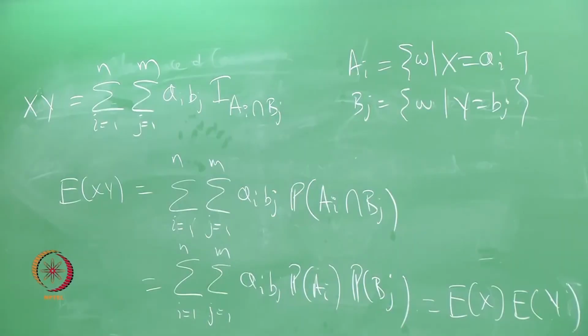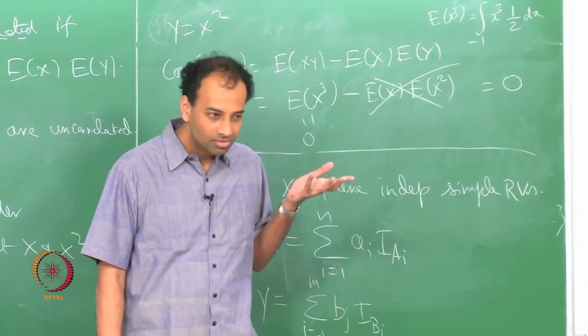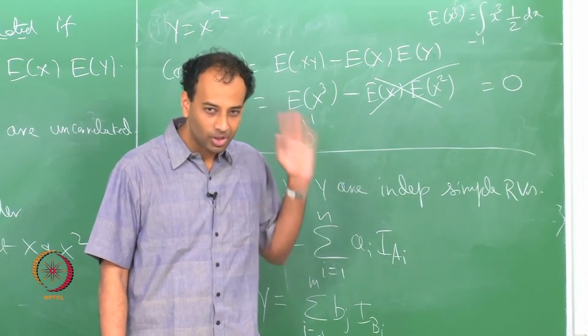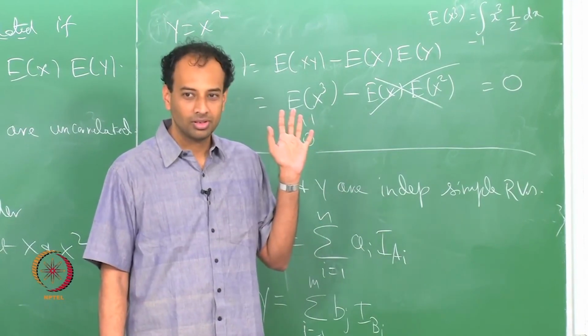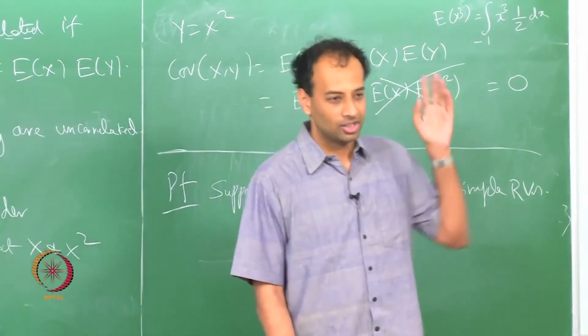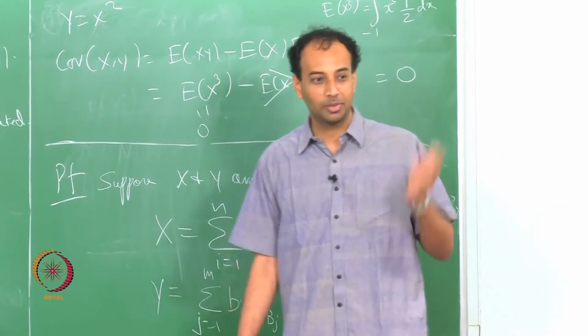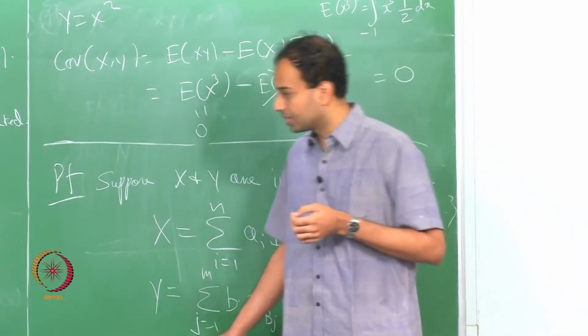So we will complete the proof next class. Now, what do you have to do now? Approximate x from below using simple functions, then you would have proved it for non-negative random variables, and then finally you have to do x plus, x minus, y plus, y minus, then get the result, right.